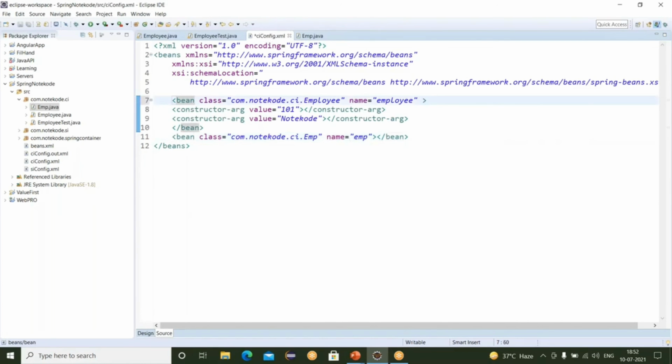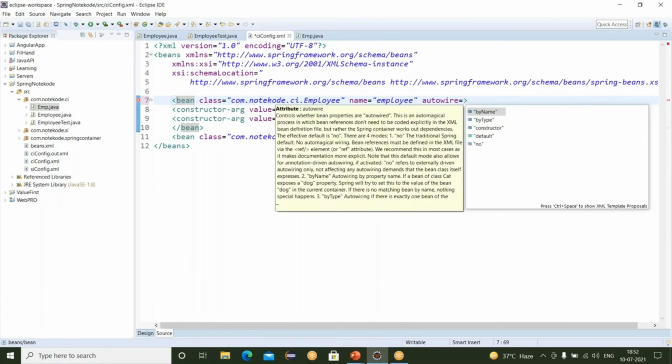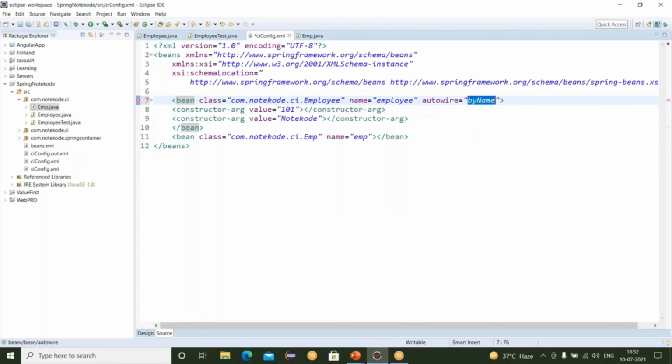So for auto wiring, we have to write here the element autowire. And when you press equal, you can see in suggestions it's showing byName, byType, constructor, default, no. So let's say I'm taking here byName. Let's save this. So you can see this is the way you can apply the auto wiring concept in your program.